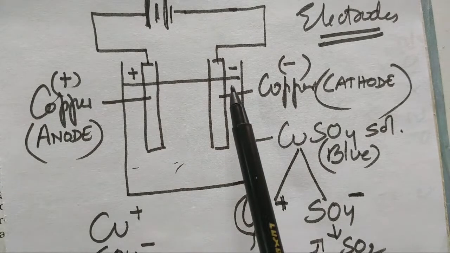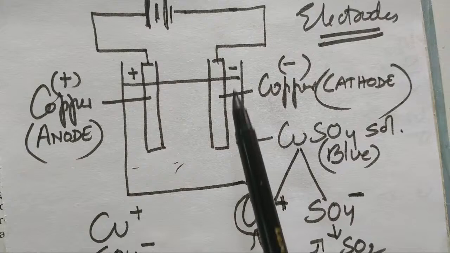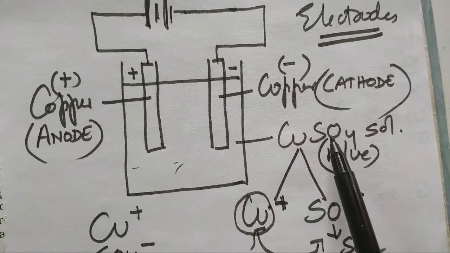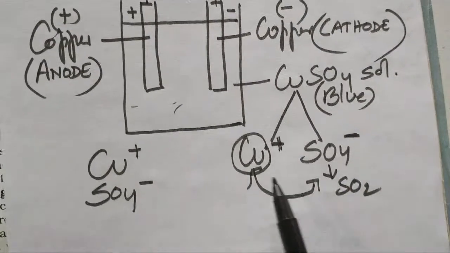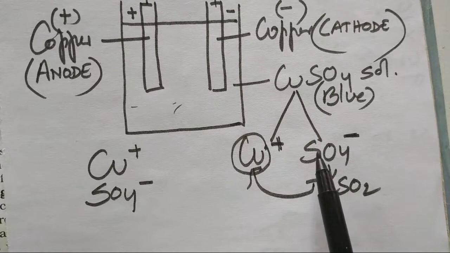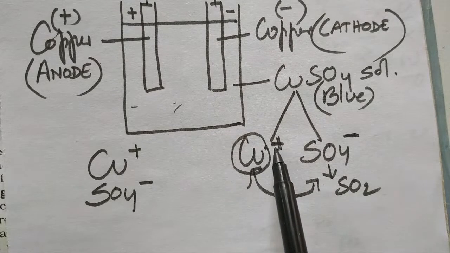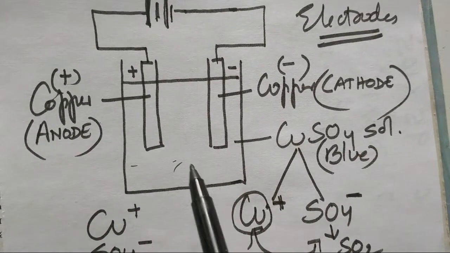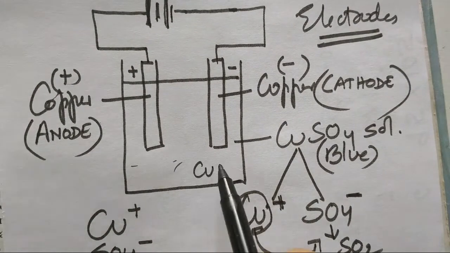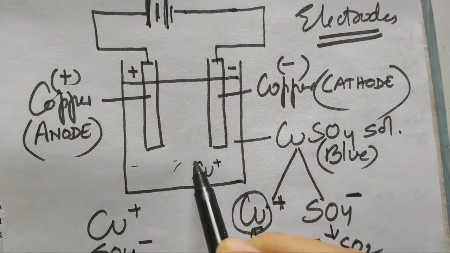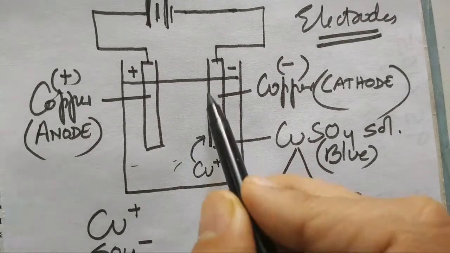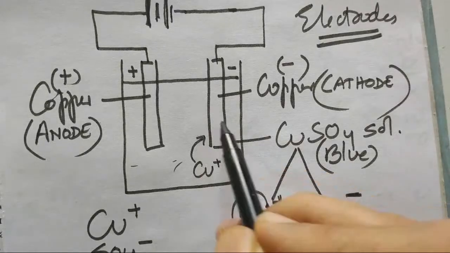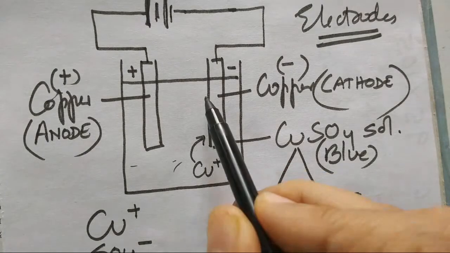This is connected to the negative terminal of the battery, and this liquid which is copper sulfate has broken into two things, copper and sulfate. Copper, which is the positive part, will go to a place where there is negative charge. So this Cu, which is plus, will start collecting around this rod, which is also copper. It is attracted towards the opposite terminal,